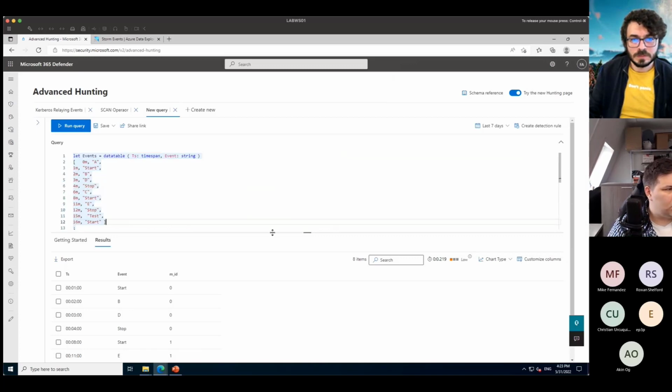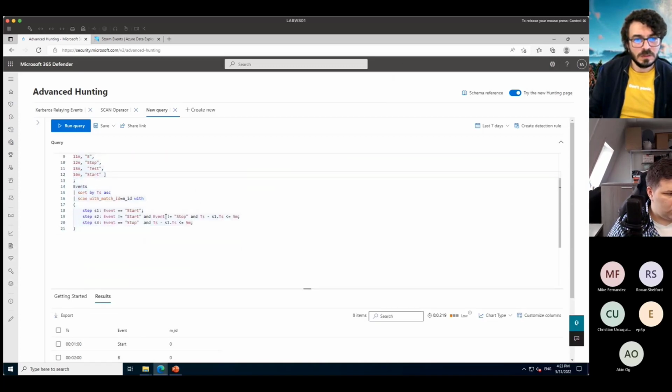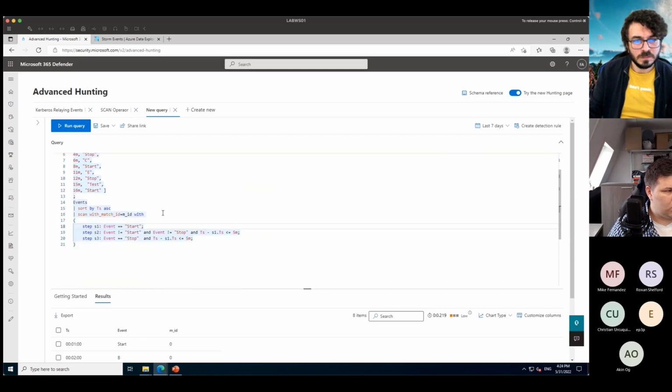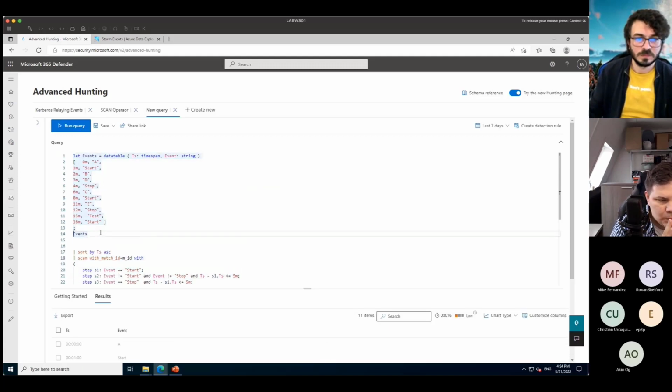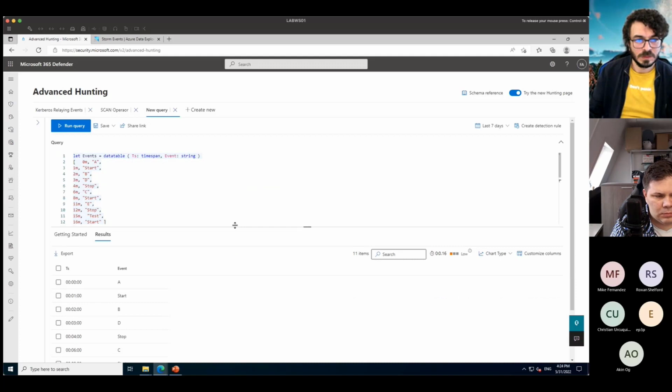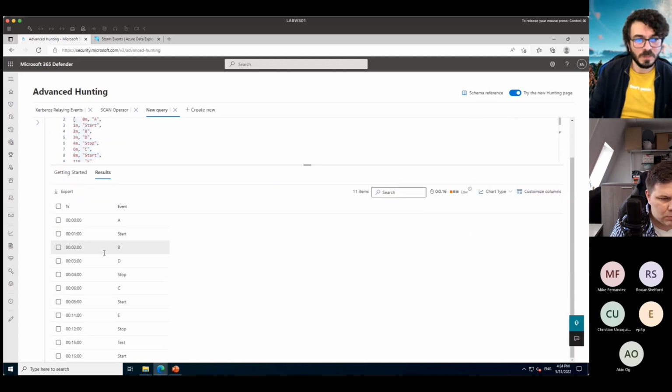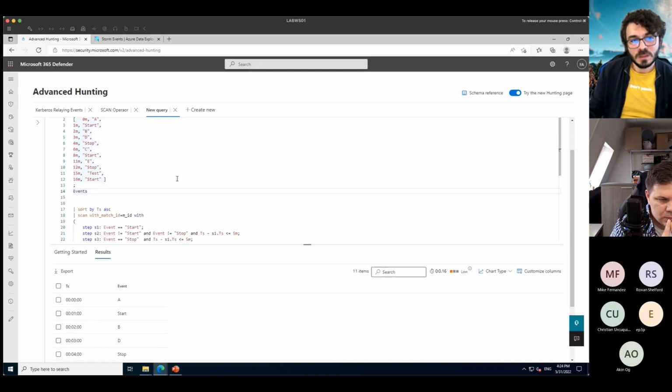Now, before going into details related to that, I will show some simple stuff. So the scan operator. Let's say you have such events happening in an order. You are ordering them based on the timespan. So event A start and B stop. These are the events. And if you have a model, or if you want to see what is happening